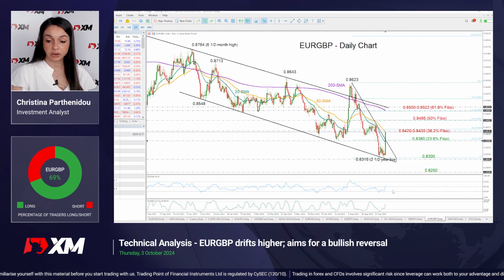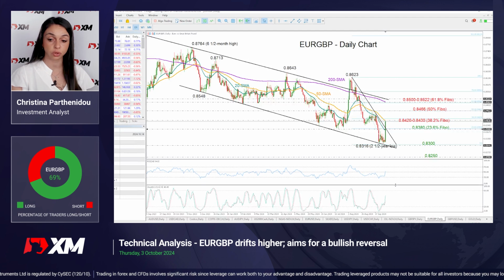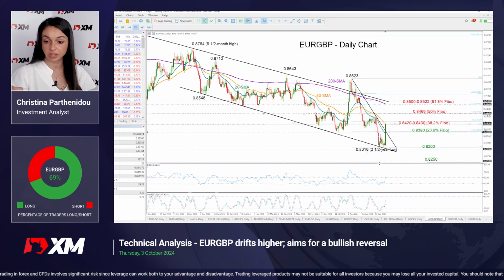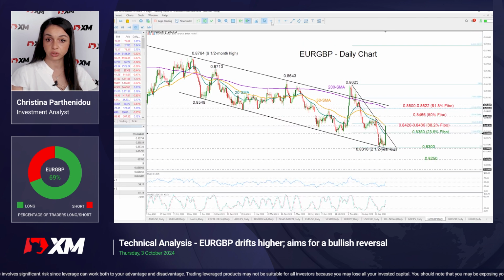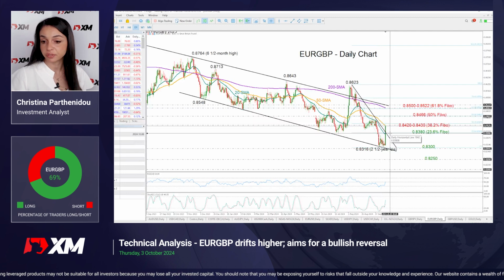If you look at the RSI and the stochastic oscillator here, there are some encouraging signs. The RSI is set to cross above 50. The stochastic oscillator is also sloping upwards, and it has yet to reach its 80 overbought level, so the risk is probably skewed to the upside following the break above this short-term resistance trend line coming from the start of August. Nevertheless, if the price fails to close above 0.8380 in the coming days, if it drops below that region,